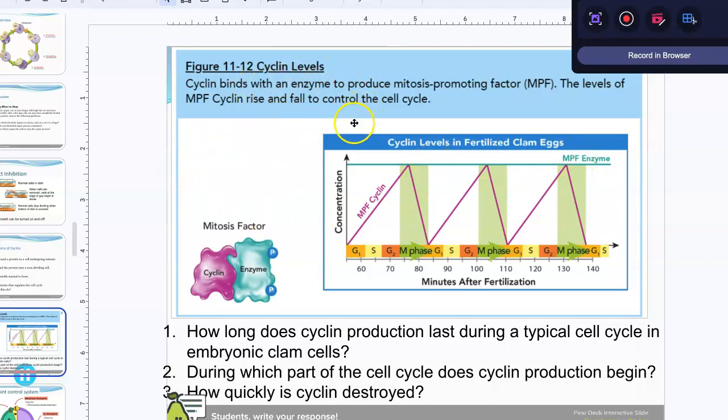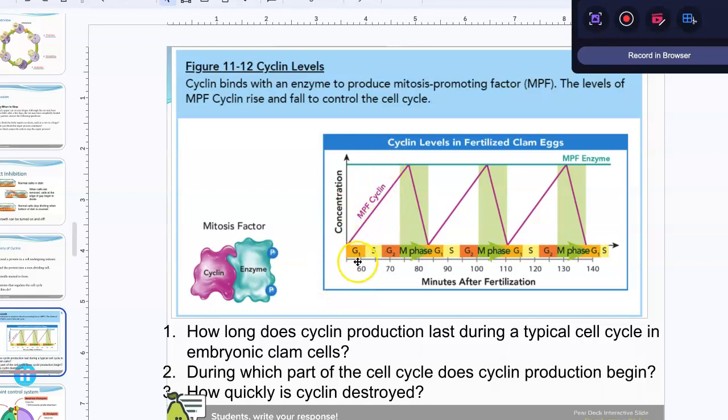Cyclin binds the enzyme to produce mitosis promoting factor, and then of course, if you guys remember, enzymes have special shapes. The special shape means that this enzyme is now going to be engaged and it's going to help to form again. So the questions are, how long do you think cyclin production would last during a typical cell cycle in embryonic clam cells? During which part of the cell cycle does cyclin production begin, and how quickly is it